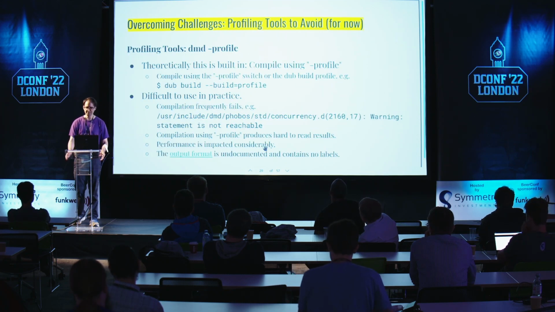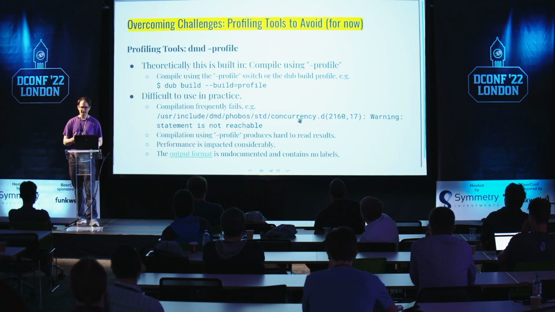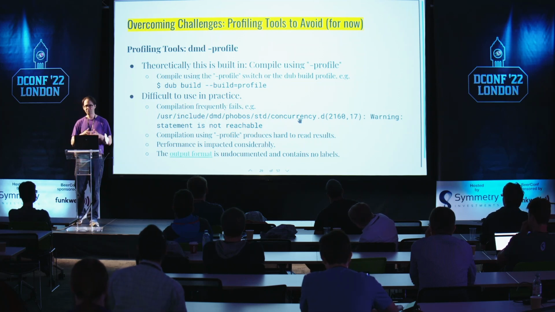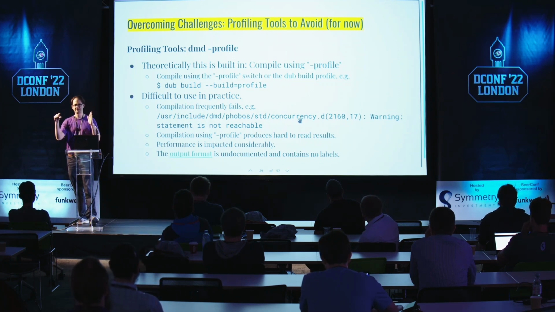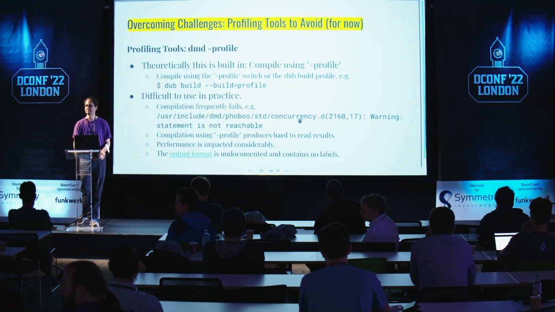Now, at least based on my own testing, I tried CPU profiling using the dash profile tool. However, I would not recommend it at this time because when I turn on the profile switch, I have problems even compiling my program at all using the standard library. I also have problems with the performance being impacted pretty heavily, and the output format often doesn't come with headers, so it's not clear what it means. But the fact that we have tools like Valgrind and KCachegrind, yeah, please.